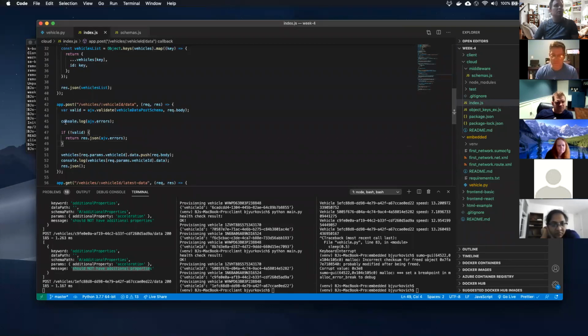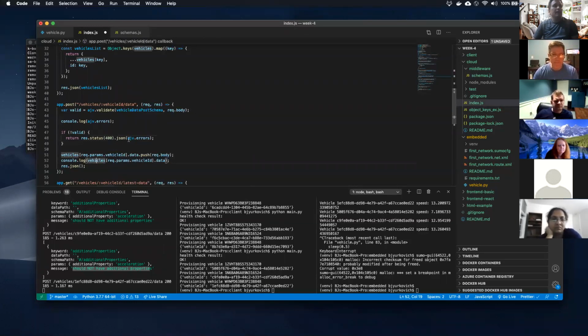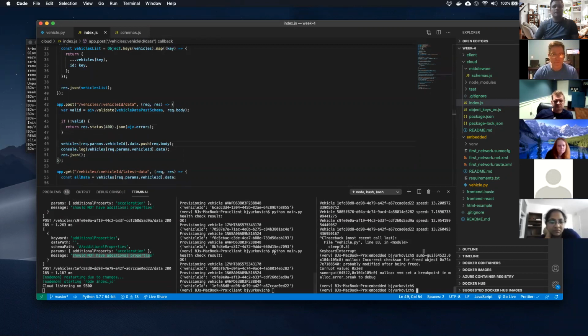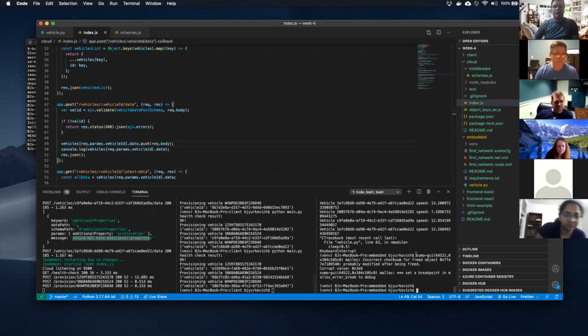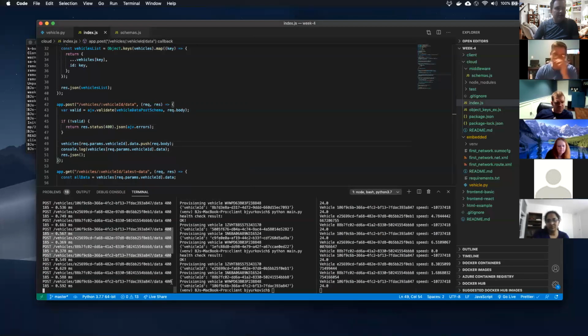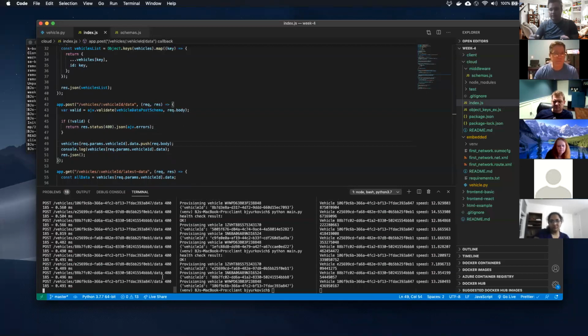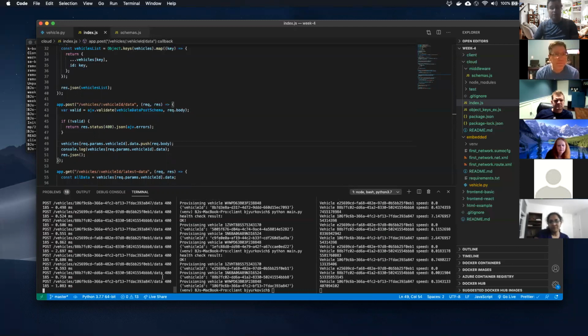And so what we should do is we can say res.status 400, because the client sent something they shouldn't have, and we'll send back what they shouldn't have sent. And so we can run and prime our, and then run our vehicle, and you'll notice that it's sending back this 400. So it's not actually saving. The server is rejecting that. Our cloud is now rejecting that because it does not want to take it.